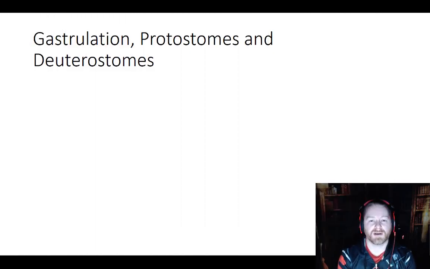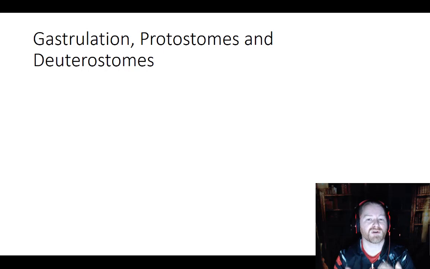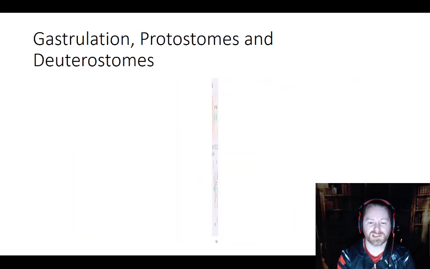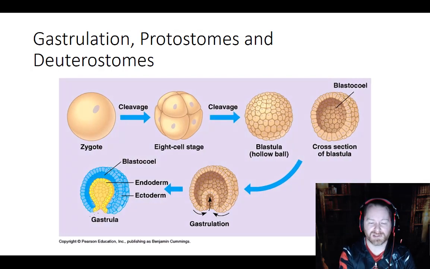So, talking about that whole process, essentially we covered some of this. This is the process of gastrulation, and we'll focus a little bit on more of the differences between protostomes and deuterostomes and figure out which one of those we qualify for. So, gastrulation is simply the process where a zygote becomes an embryo, where the embryo becomes a morula, into the